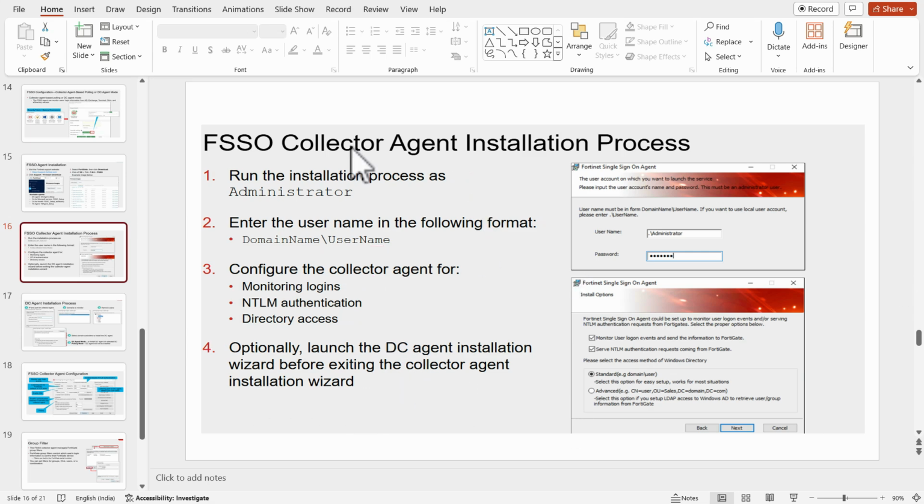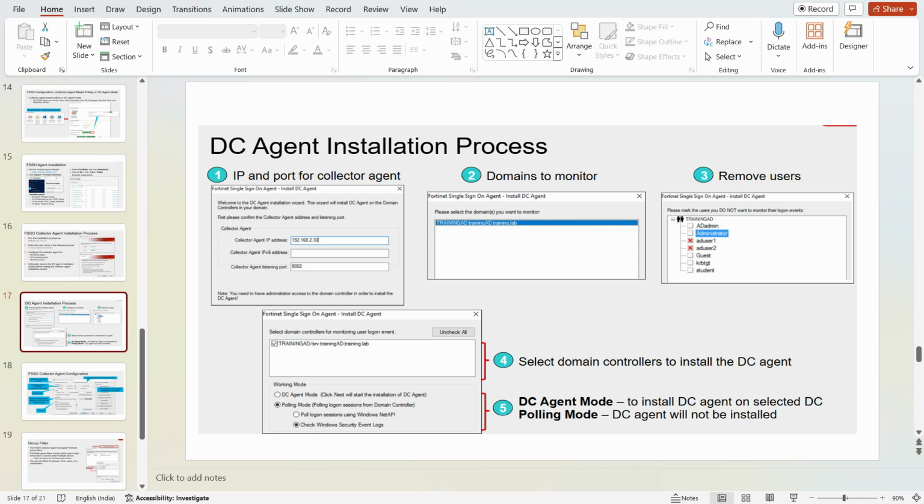This is a very simple process. You have downloaded the exe, double click it, fill in these very basic details like monitor user login events, server NTLM, standard user, and click next, and it will save it. Once you click on next, it will finish. It is not a difficult process.